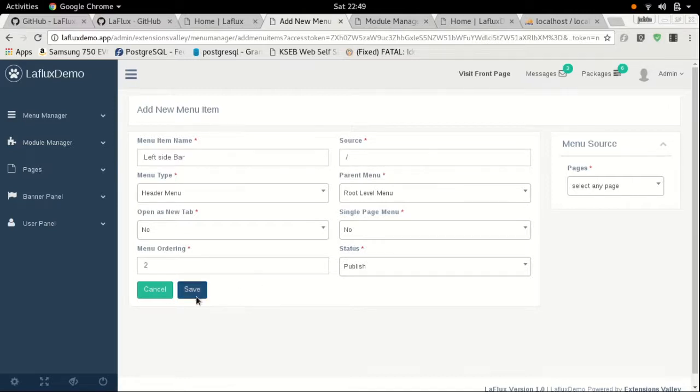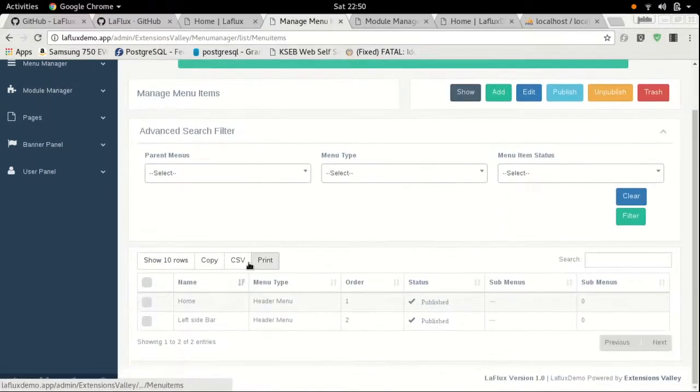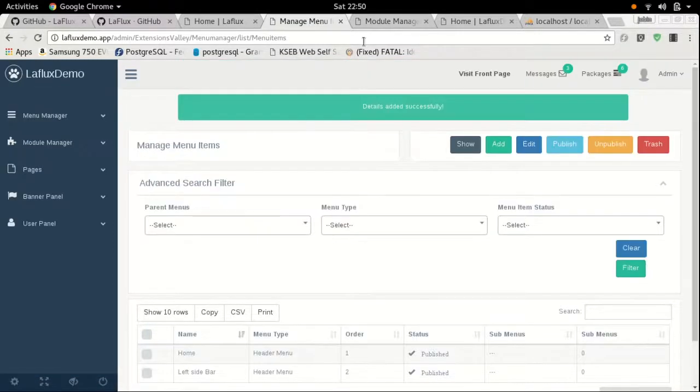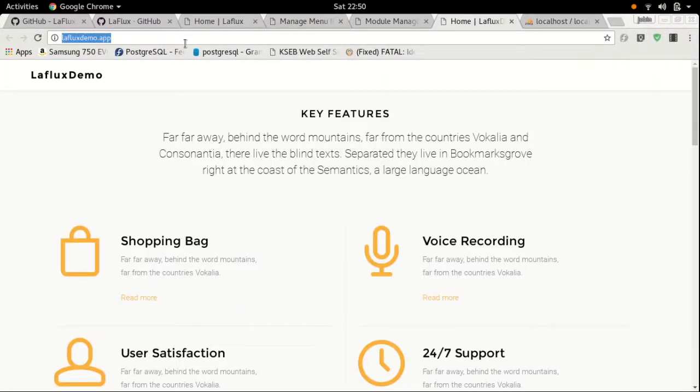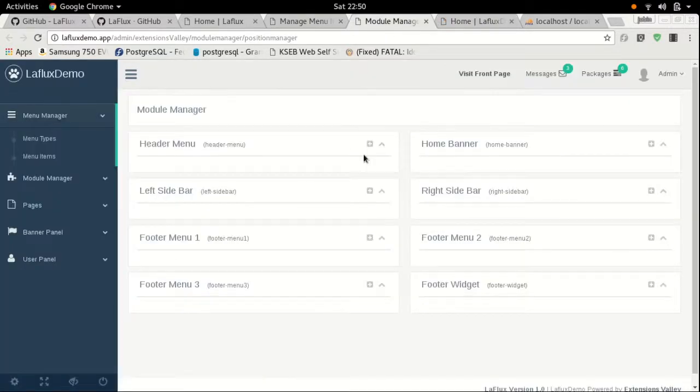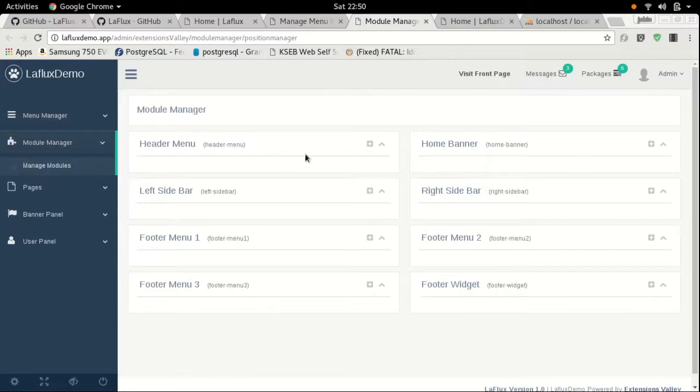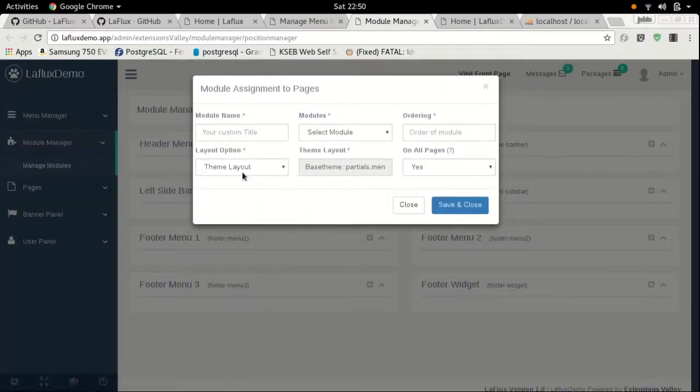Okay, we can just check whether this menu is appearing or not. In our demo it's not appearing. Why? This is because we have created just a header menu. We have to assign that header menu to this position. So, header menu,